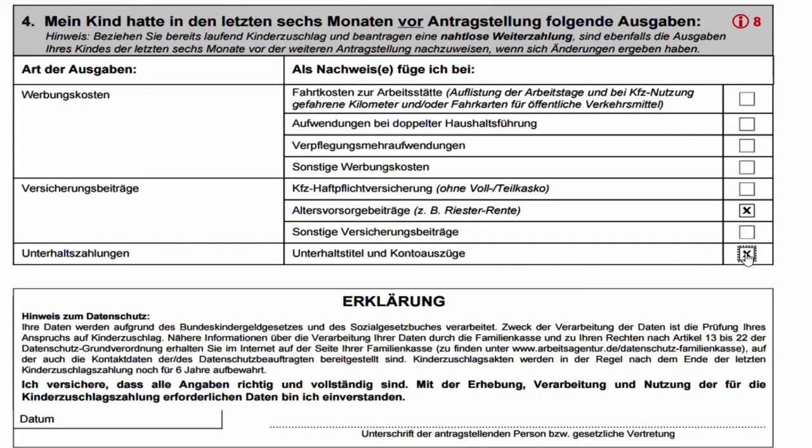This part is a note about data protection, and it says that your data will be processed on the basis of the Federal Child Benefit Act and the Social Security Code. The purpose of the processing of the data is to check your entitlement to the child allowance. More information about the processing of your data by the Familien Benefits Office or Familienkasse and your rights under Articles 13 to 22 of the General Data Protection Regulation can be found on the internet on the website of your Familienkasse under the website